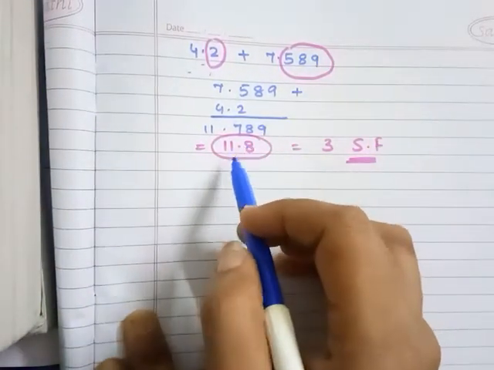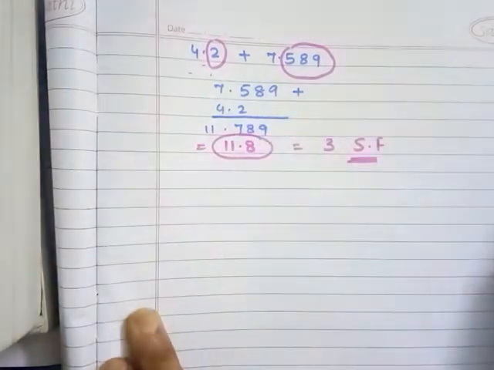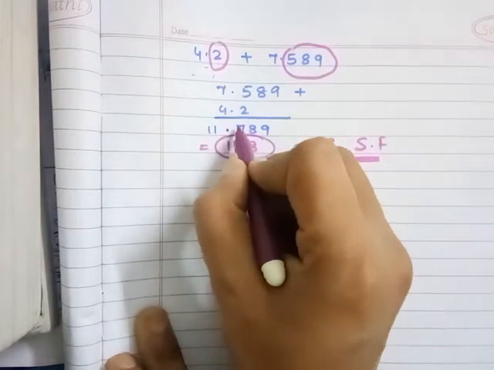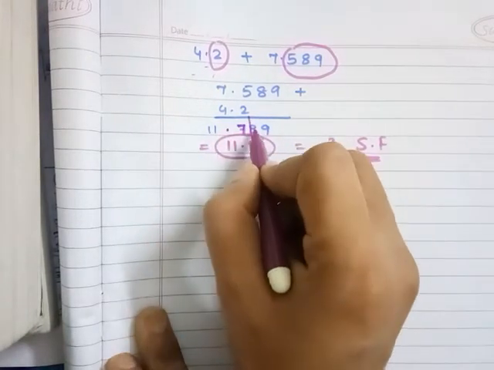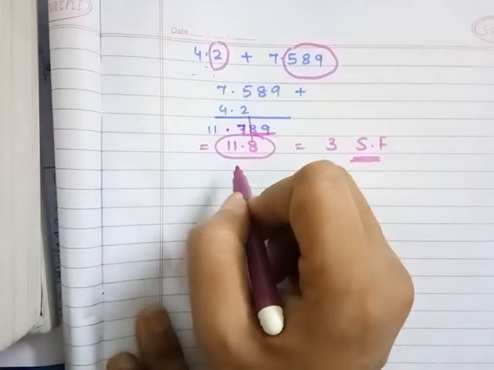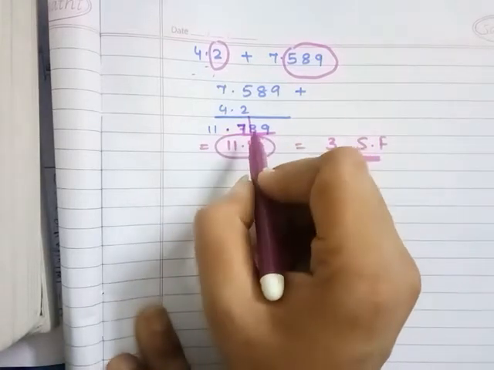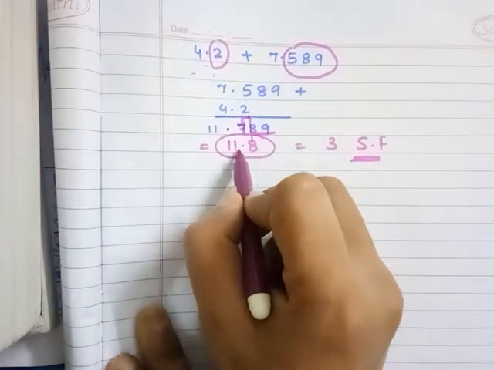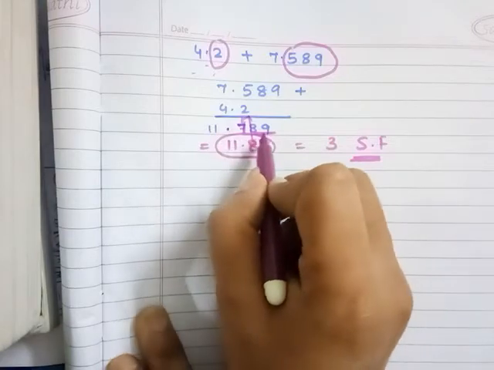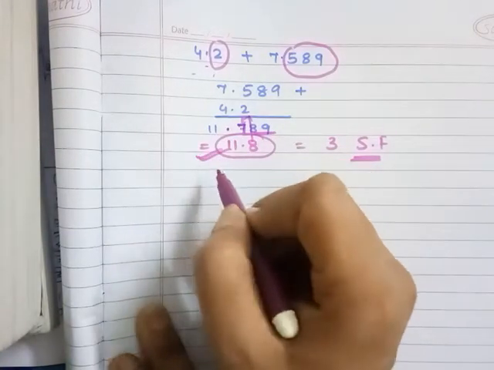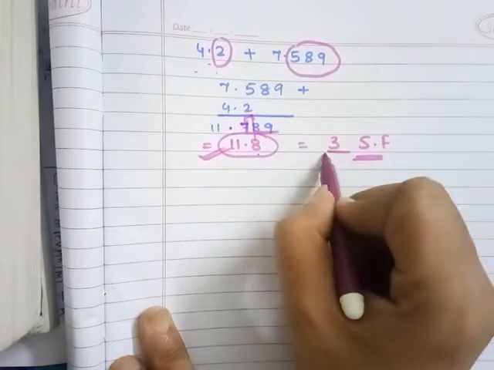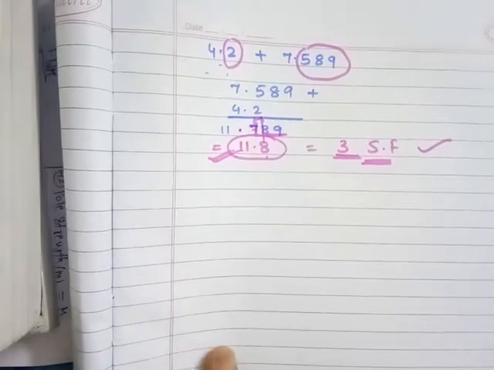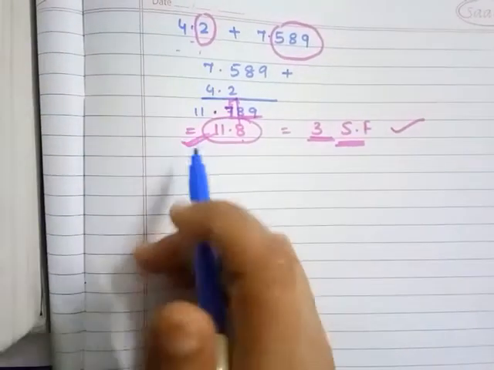The number I get by the normal way of doing the addition is 11.789. But in significant figure form, I need only 1 number after the decimal point. Now after that number, I'll check whether the next digits are greater than 5, less than 5, or 5. These are greater than 5, so you will add 1 to it. So the result turns to 11.8. I won't write 11.789 as the correct result; this is the correct result. And here how many significant figures do we have? 3. So this is the correct answer, 3 significant figures.